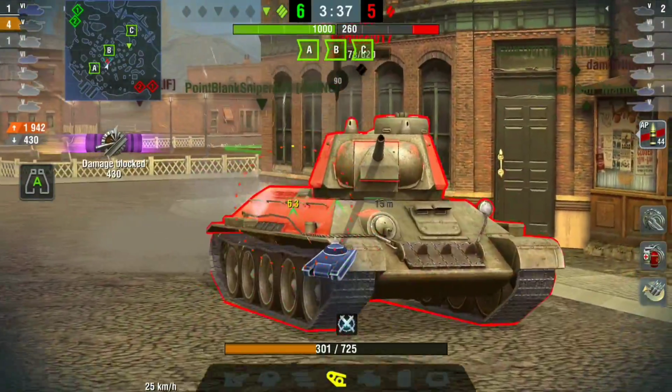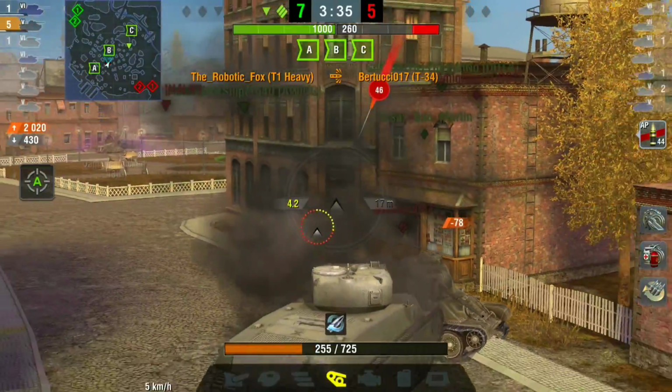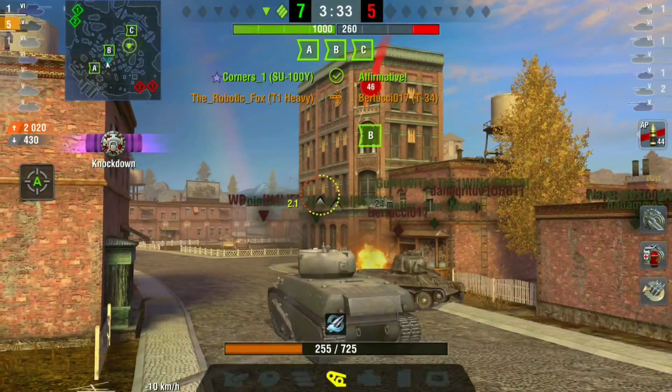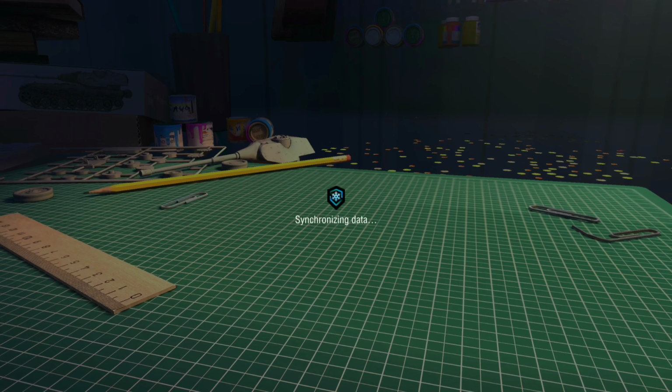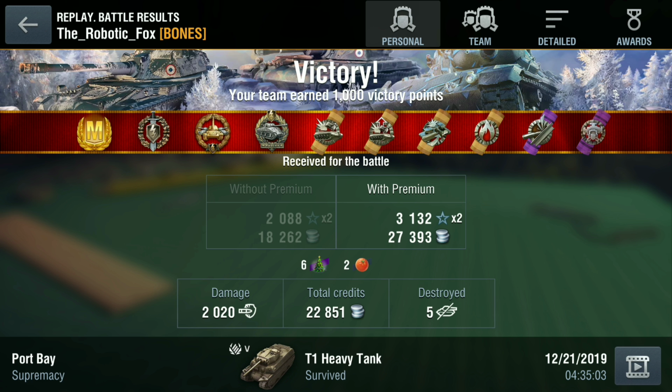So that is it, guys. That is the top 5 best performing tanks, the best performing tech tree tanks in the game. Next week we will have the best 5 performing premium tanks, and then so on, and then the worst performing,